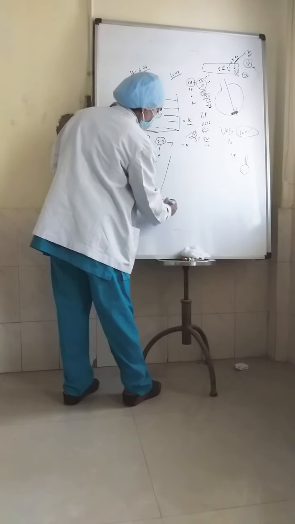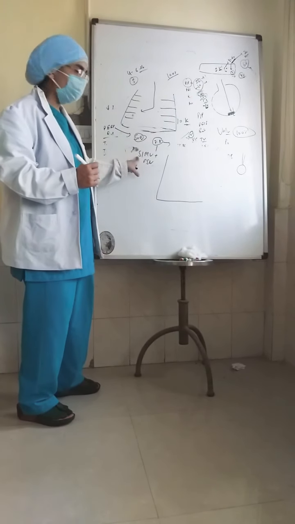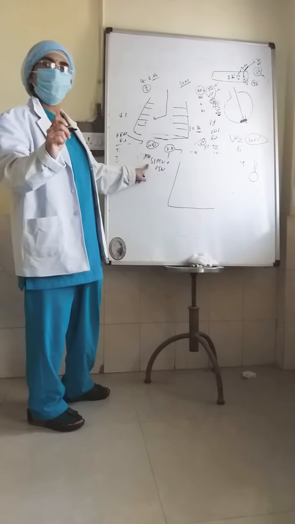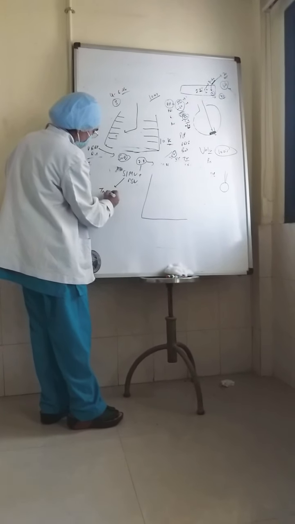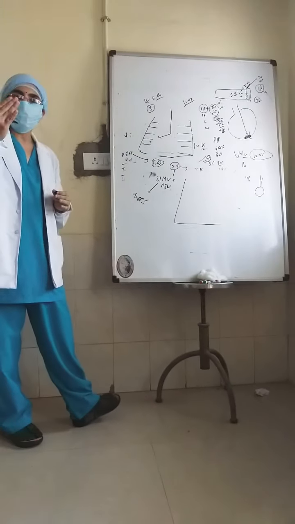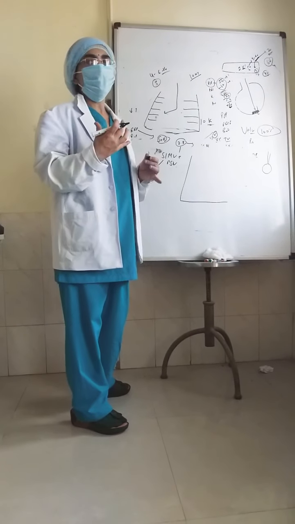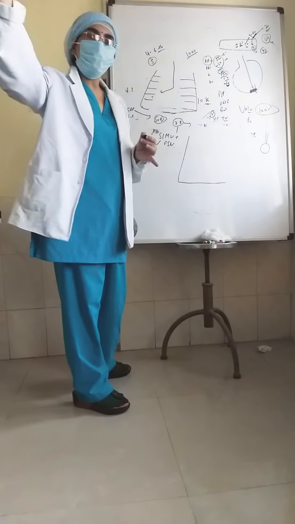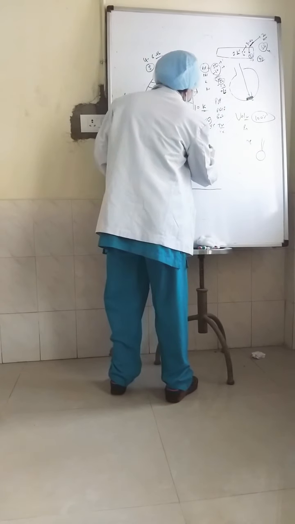Because this is also equally important. SIMV is synchronized, which means it is synchronized with the patient's efforts. So how does the ventilator know that it is supposed to deliver a breath? This is usually triggered by something. So what is a trigger? A trigger is something which initiates breathing. For example, in some ventilation we set flow as a trigger. Whenever the child starts breathing, there is a flow change. The ventilator assesses that flow change and delivers its breath. So this is called flow triggered ventilation.